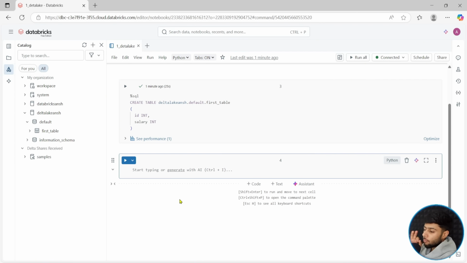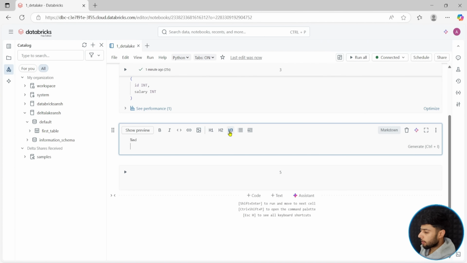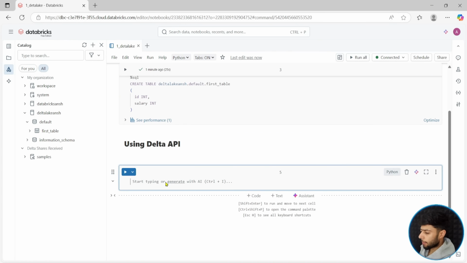Plus, the Delta Lake people have introduced some amazing features which are only available and compatible with the Delta API. So you should be aware of both the APIs. So let's say text and h3 and bold, and let's say using Delta API. Now in order to work with the Delta API, let me just take you to the documentation page,